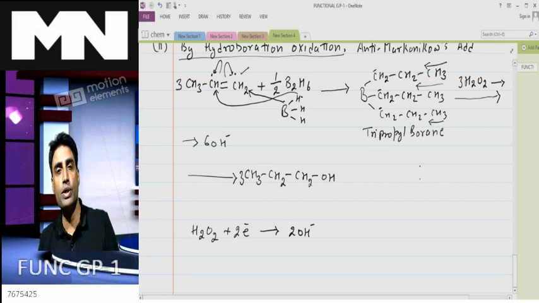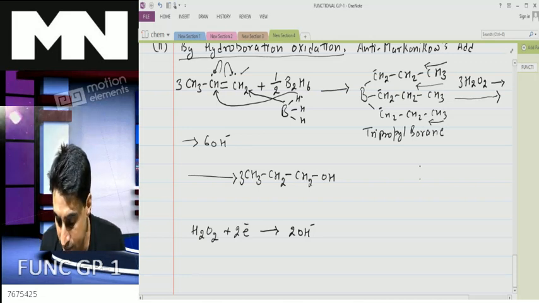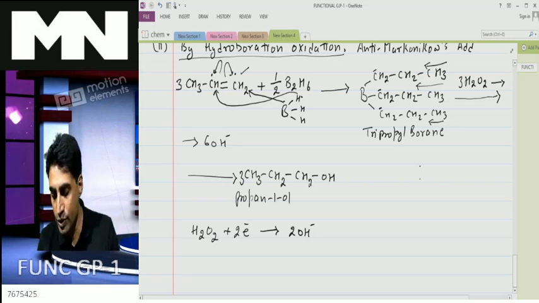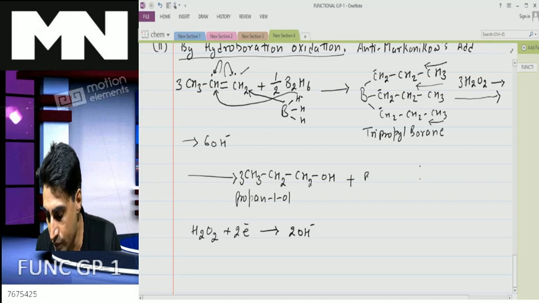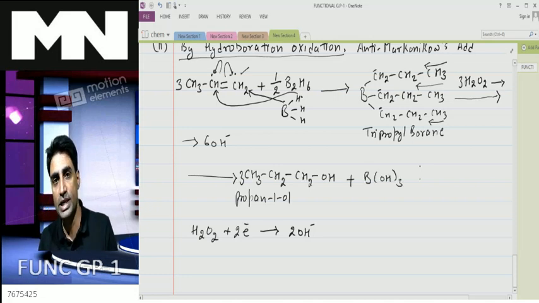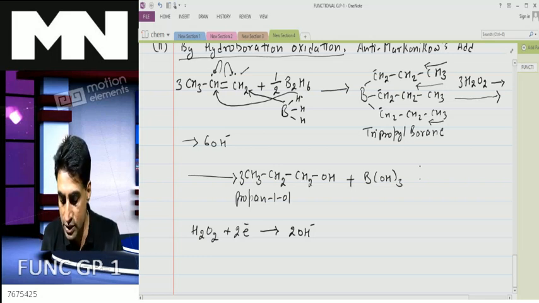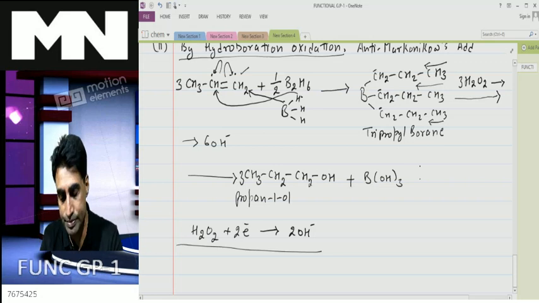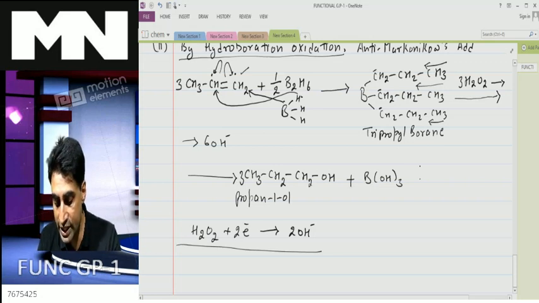So 3 OH will combine with the propyl groups and form n-propanol, propan-1-ol. The rest of the 3 OH will combine with boron and form B(OH) thrice, that is boric acid. So here you notice anti-Markovnikov addition, and this is how we can prepare alcohols from alkenes by hydroboration oxidation. Next we'll see